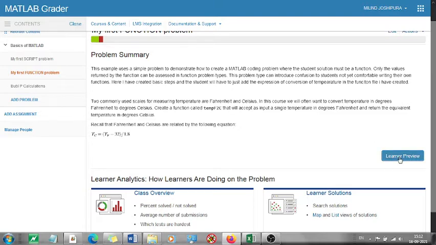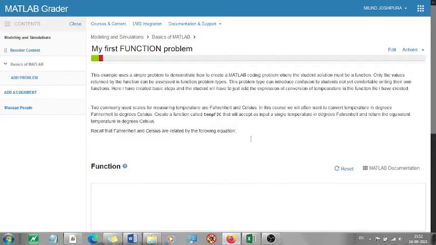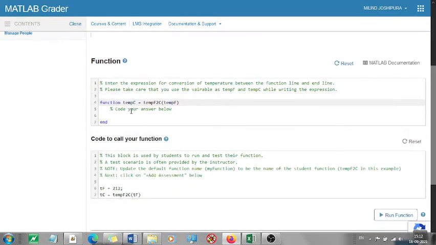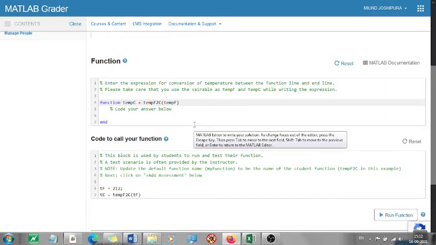When I see this problem, this is what I will see. This is the equation we know for conversion of Fahrenheit to Celsius. I have given you the initial line. Sometimes I would like you to write it yourself, but I have given some hints so that when you are starting off you have the initial terms.